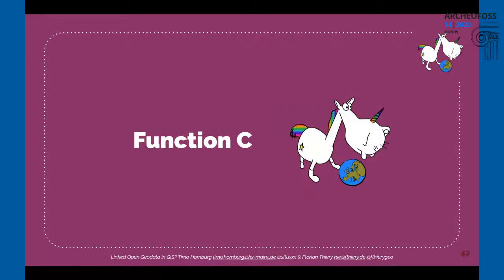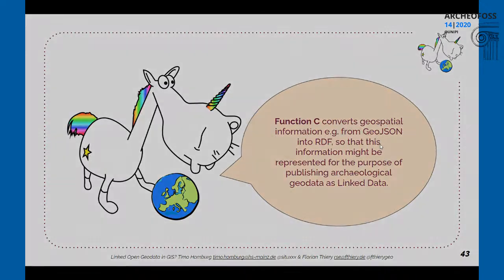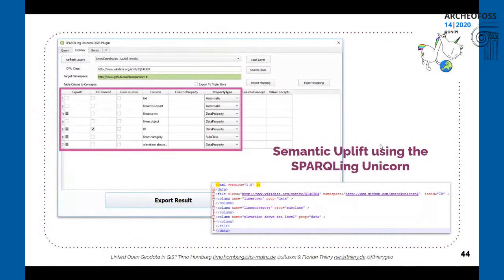Now to function C. Function C is the conversion of geospatial information, for example, from GeoJSON into RDF, so that the information might be represented for the purpose of publishing archaeological geodata as linked data. This is probably a more specific task where you have to know some linked data knowledge, but the idea is as follows. We still have this dataset table that you have seen from QGIS, and now we need to map